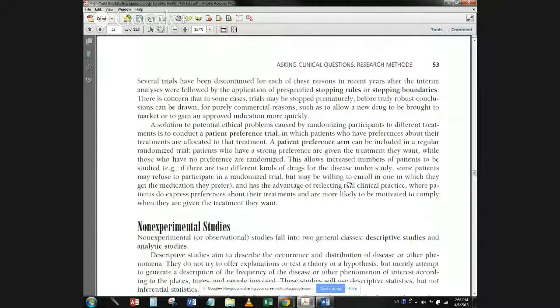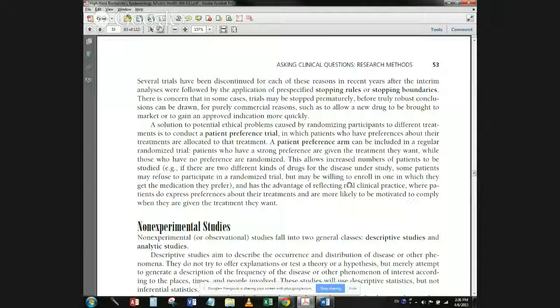Several trials have been discontinued for each of these reasons in recent years after the interim analysis were followed by the application of pre-specified stopping rules or stopping boundaries. There is concern that in some cases, trials may be stopped prematurely before truly robust conclusions can be drawn for purely commercial reasons, such as to allow a new drug to be brought to the market or to gain an approved indication more quickly. A solution to potential ethical problems caused by randomizing participants to different treatments is to conduct